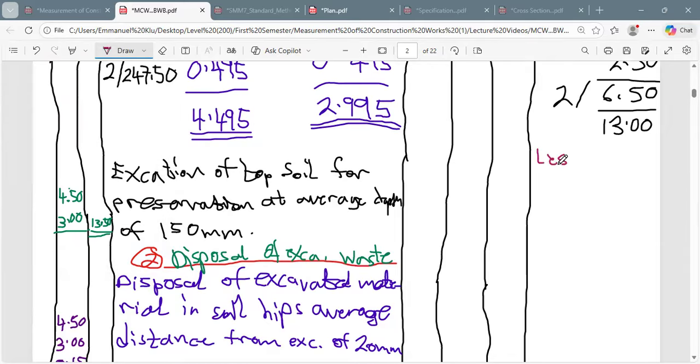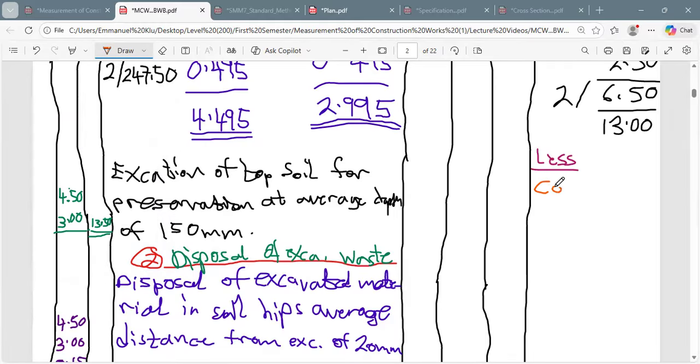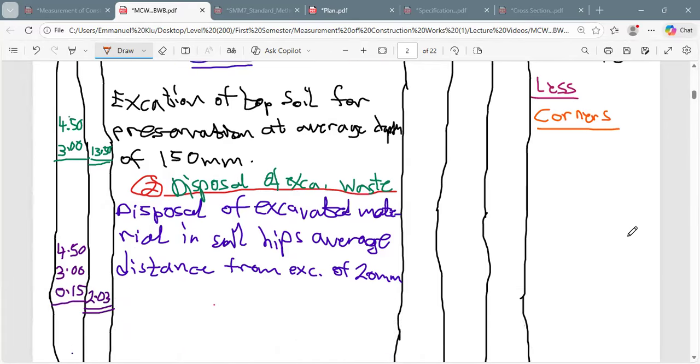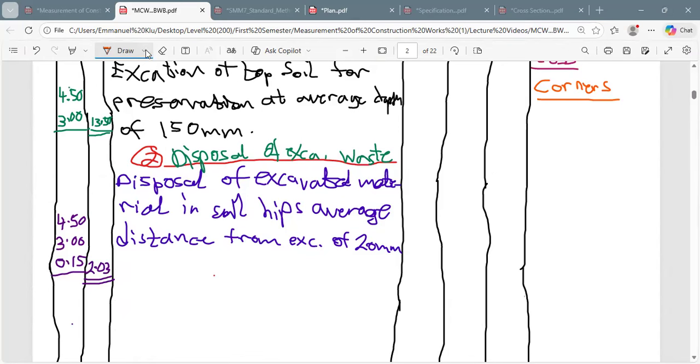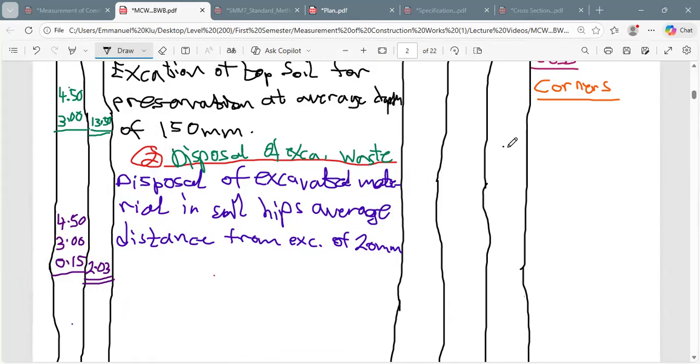So we say that now we want to less corners from whatever calculation we are doing. So the lessening of the corners, first of all, what do we have to do? We have to multiply, or better still,